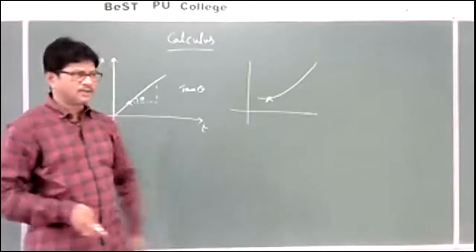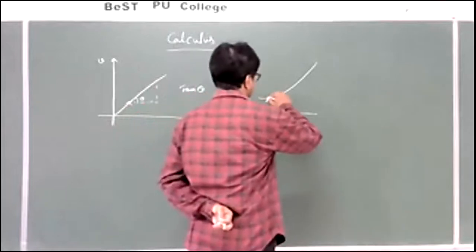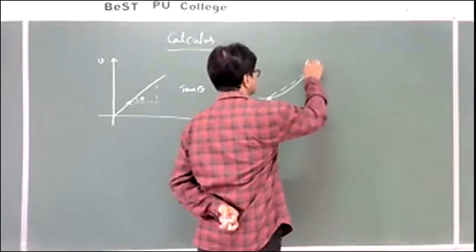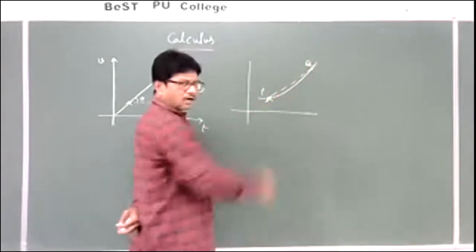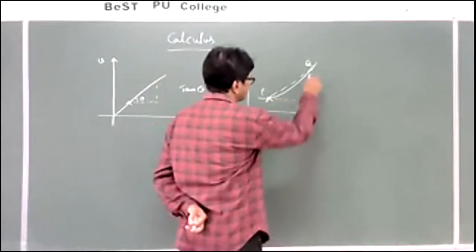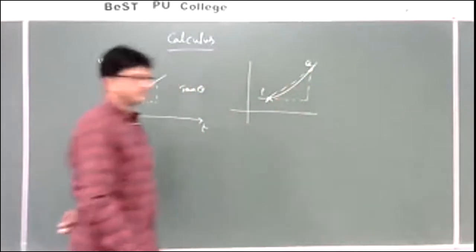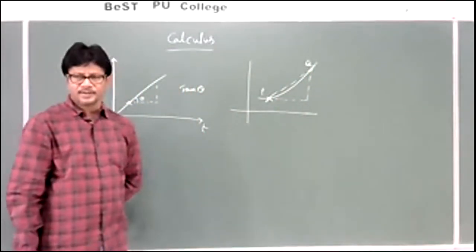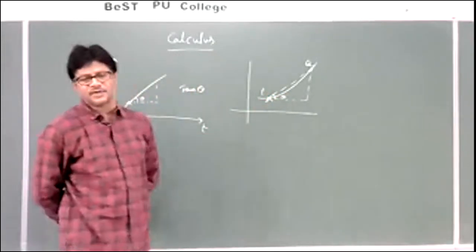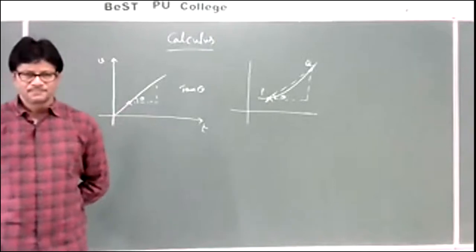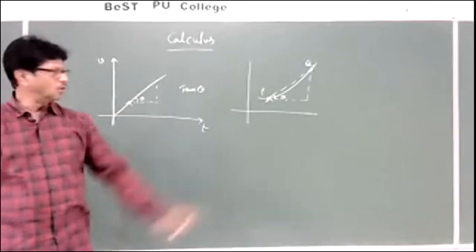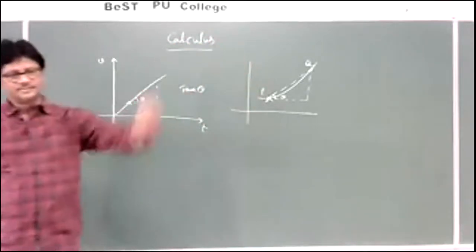Very good, no problem. So to construct a right angled triangle, I will take the chord. So PQ is the chord, C-H-O-R-D chord, you know what is chord. And here I will construct one right angle triangle. Then this tan theta will give the slope. Like that we can find the slope here, though the curve is not a straight line.